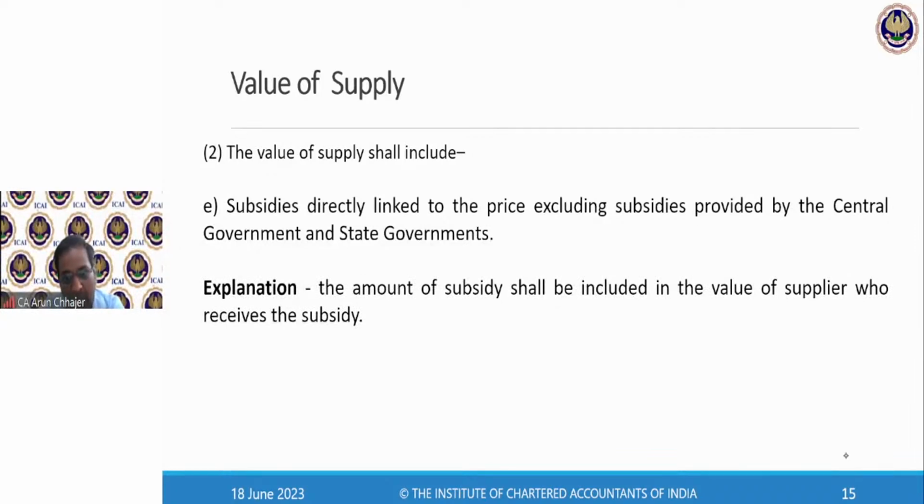Mr. B will pay the amount on the GST charged by him to C plus the subsidy. No. Why would B? No. B will pay the GST on the amount charged by him to Mr. C, that is 800 plus 400. So in a nutshell, I can say he has to pay the GST of 1,200. Mr. B has to pay the GST of 1,200.